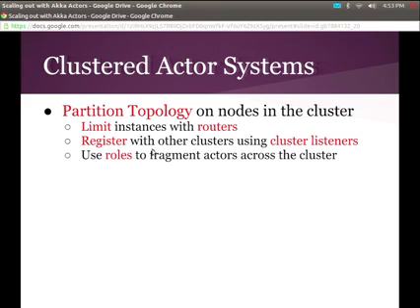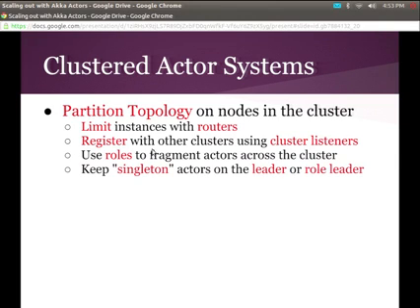Okay? We use roles to fragment actors across the cluster. That's a new one that I didn't really have time to dig into. But essentially, you can take your cluster and partition parts of it for roles, where this subcomponent exists in this portion of the cluster. Okay? And then we can keep singleton actors on either a leader or on a role leader.